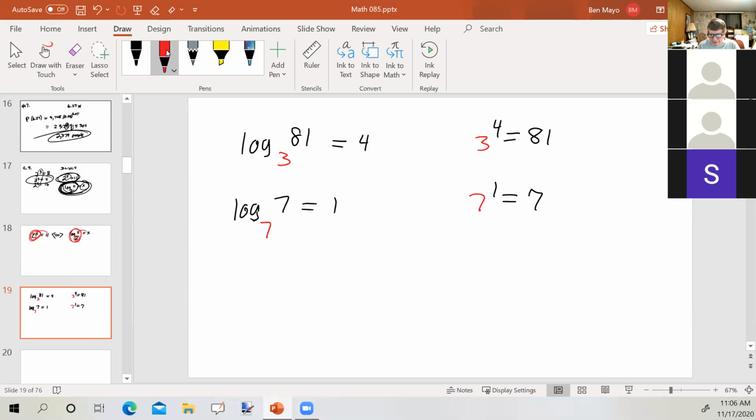So you can see the red number is still the same number. Does that help at all? I don't know if it does or not, but